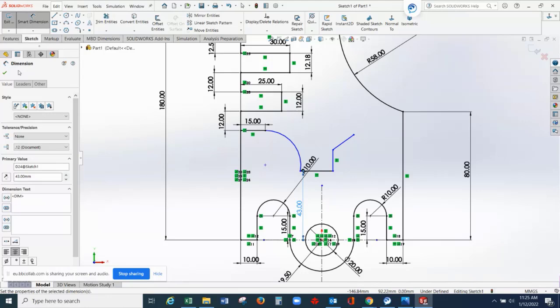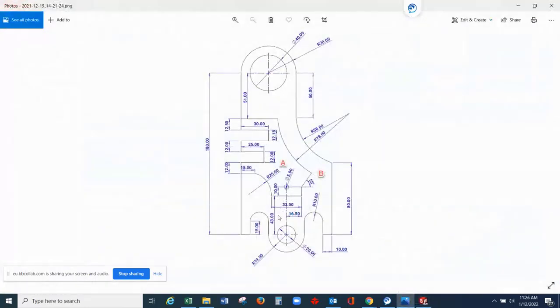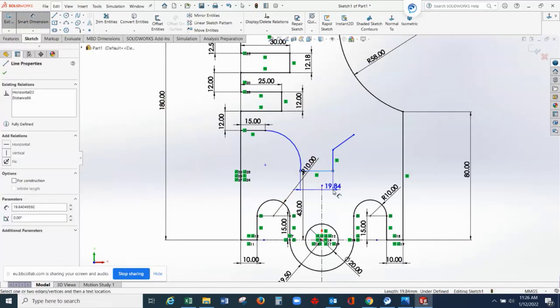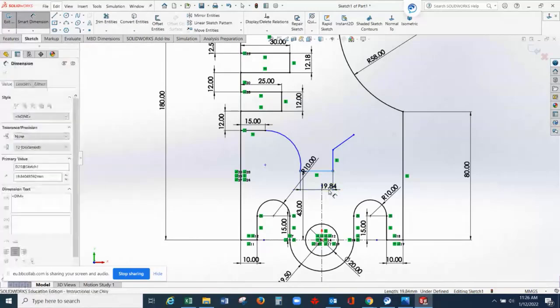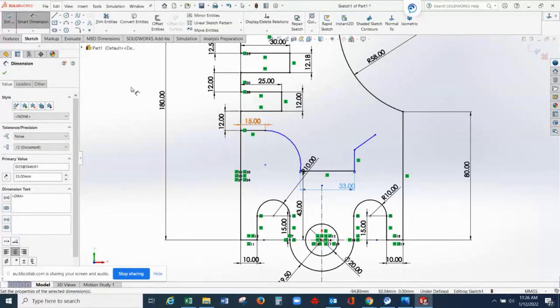Okay. So what are the other dimensions given? The length is 33. The length of the line is 33. So smart dimension from here to here, this is 33. Press enter.